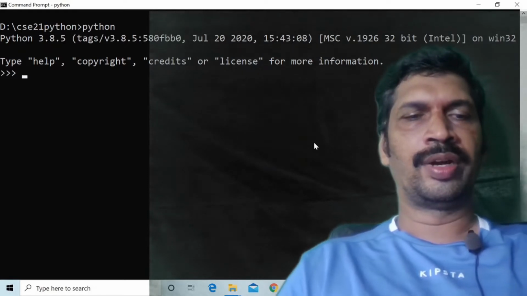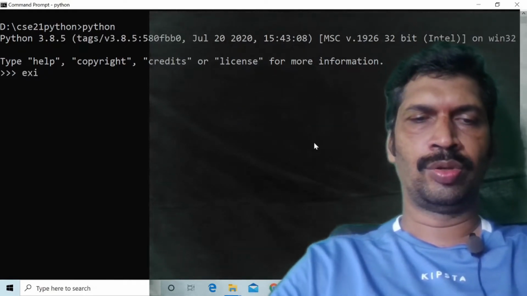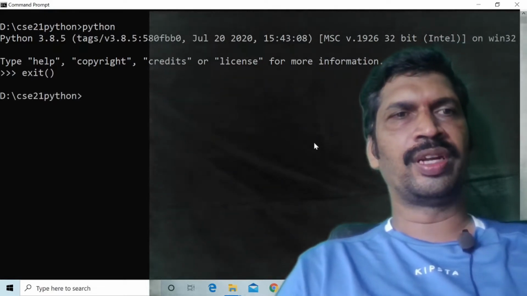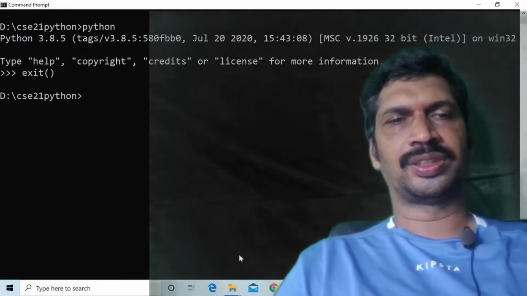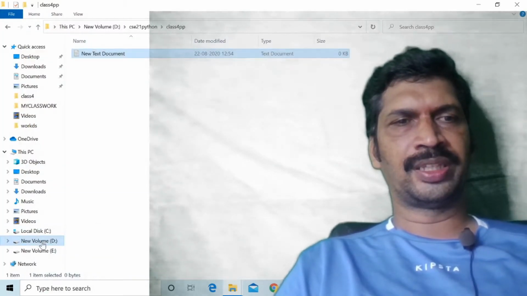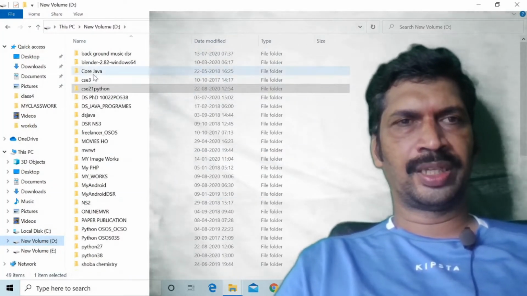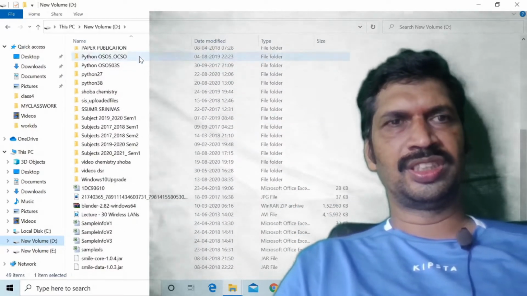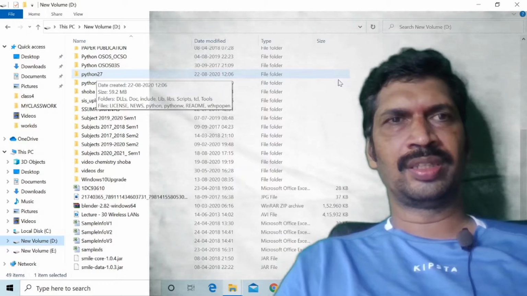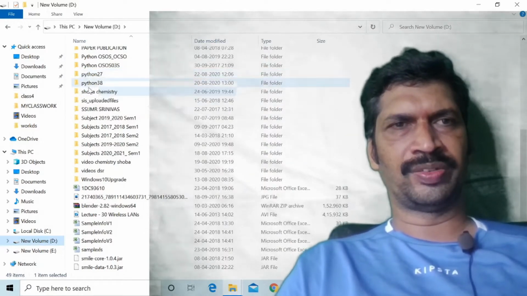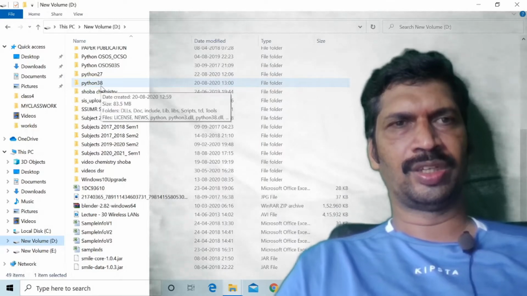Now I want to work with Python 2.7. What do we have to do? In this system, I installed Python 2 in the folder Python 2.7, and Python 3 in the folder Python 3.8.